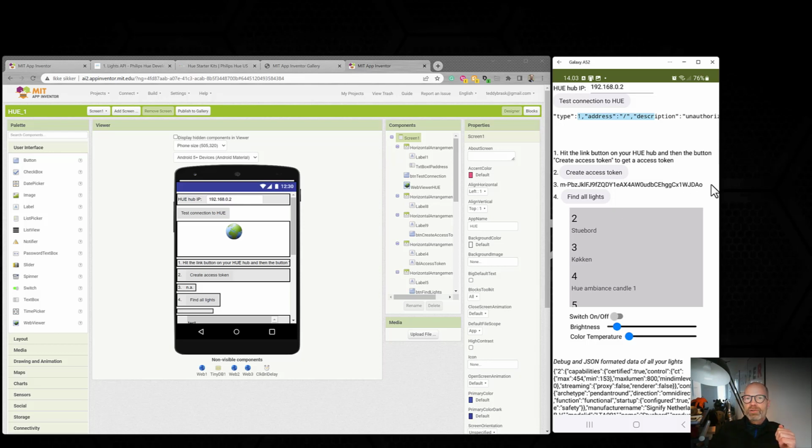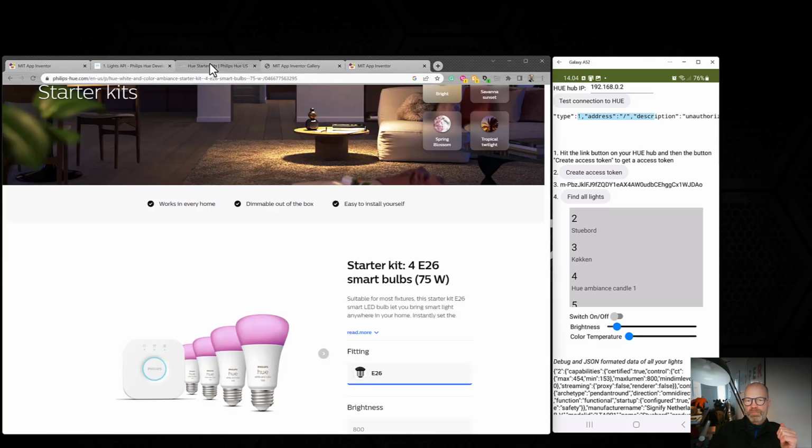That is the little, I can show you here. Maybe you have done this before, but this little round button here, when you hit that on your hub, it's ready to receive and deliver you the new access token that we need for the control. So I have already hit this button and I have already got my own access token, as you can see here. Find all lights. When I hit this, I will ask HUE to return a JSON formatted answer